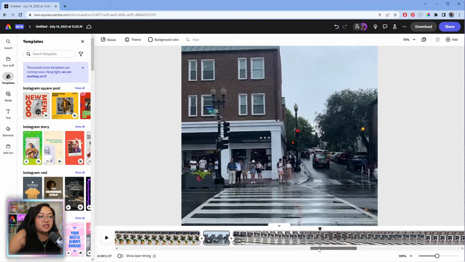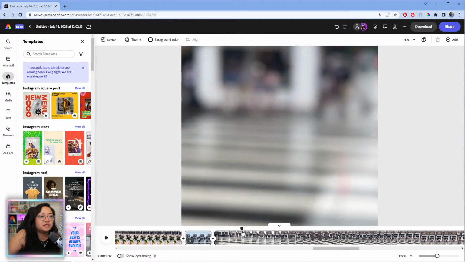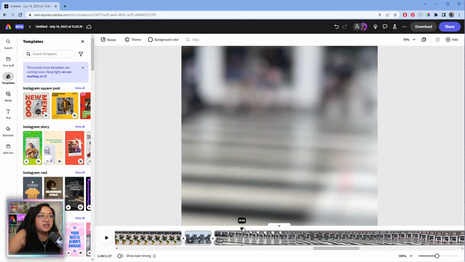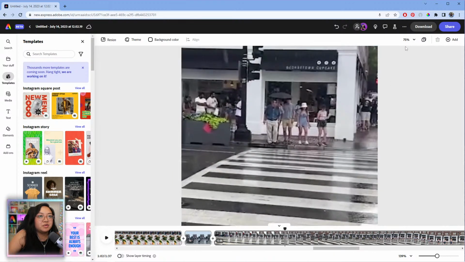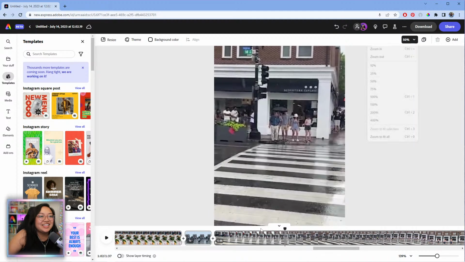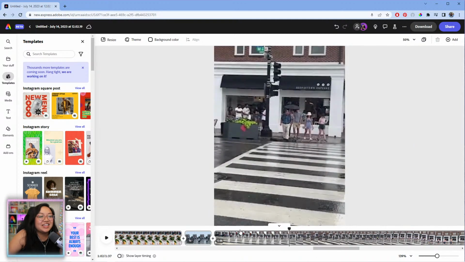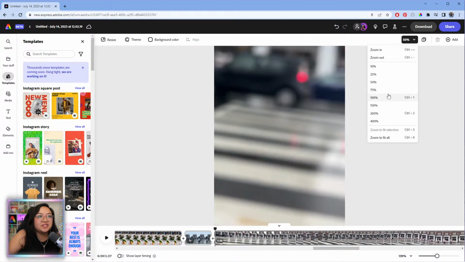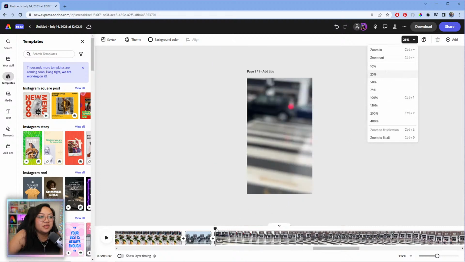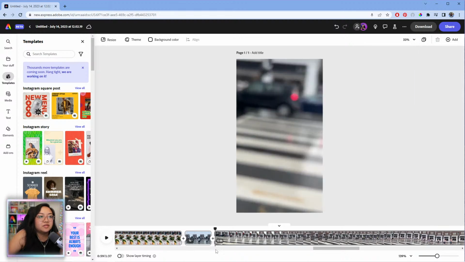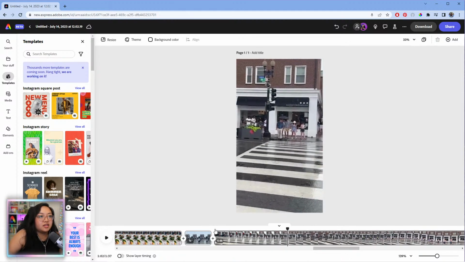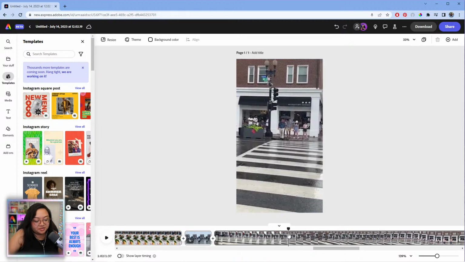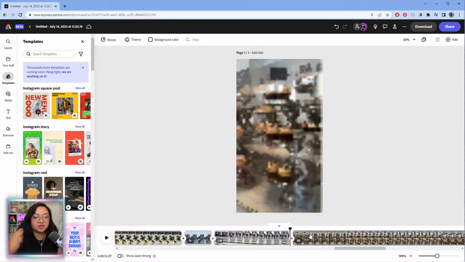Okay. And then moving on to this one. This one's a closer shot. Okay, maybe I should back it up. Oh, okay. Oh, it was raining. I totally forgot it was raining. Okay, we'll leave that in there.